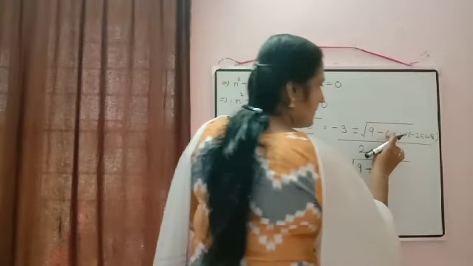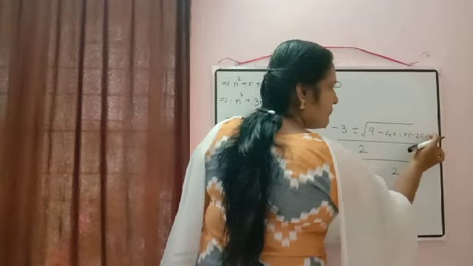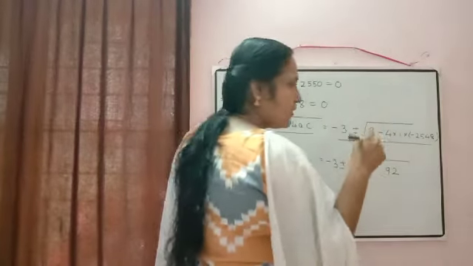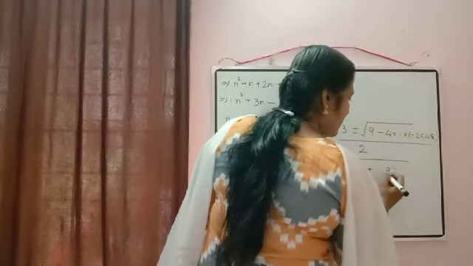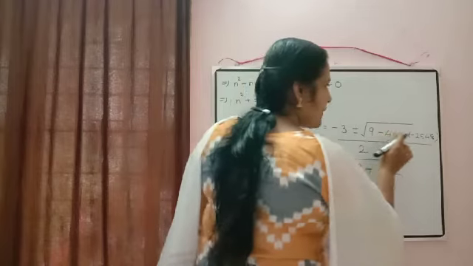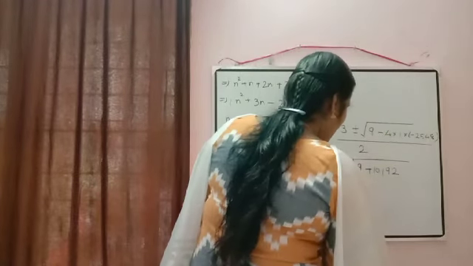Then here we will multiply. 4 8s are 32. Carry over 3. 4 4s are 16. Plus 3 will be equal to 19. Carry over 1. 4 5s are 20. Plus 1 will be equal to 21. Carry over 2. 4 2s are 8. 8 plus 2, 10, by 2.